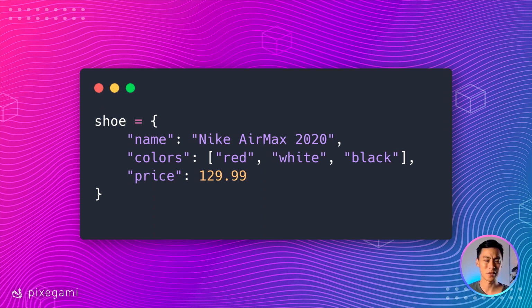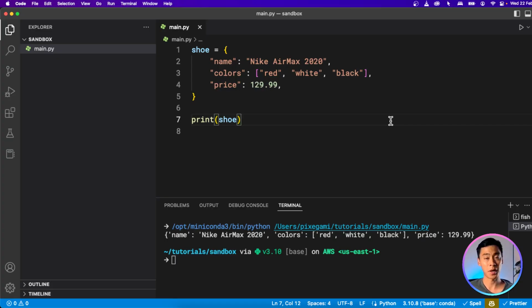So here, I'm not storing a collection of different items, but I'm storing a collection of different data about one item. This is a really useful way to group data that belongs together for some kind of logical reason, and it makes things easier to access and associate when you want to model real-world objects in your application. For example, this Nike shoe piece of data that I'm storing as a dictionary here would be really useful if I wanted to build an e-commerce online store. Let's pop over to our editor and see why this is useful.